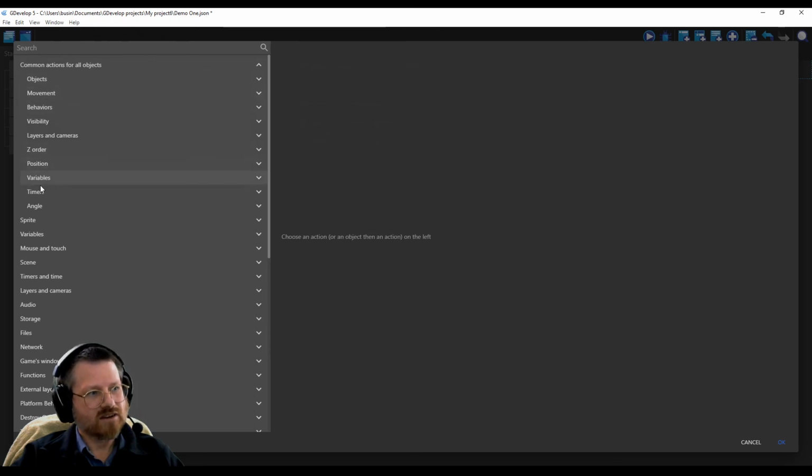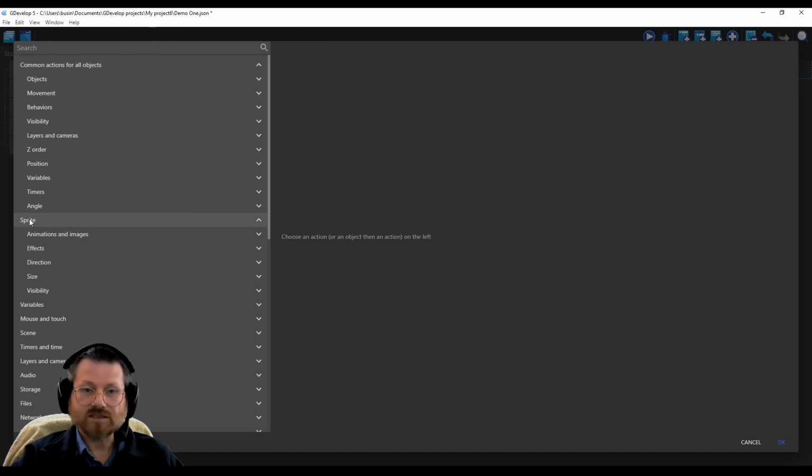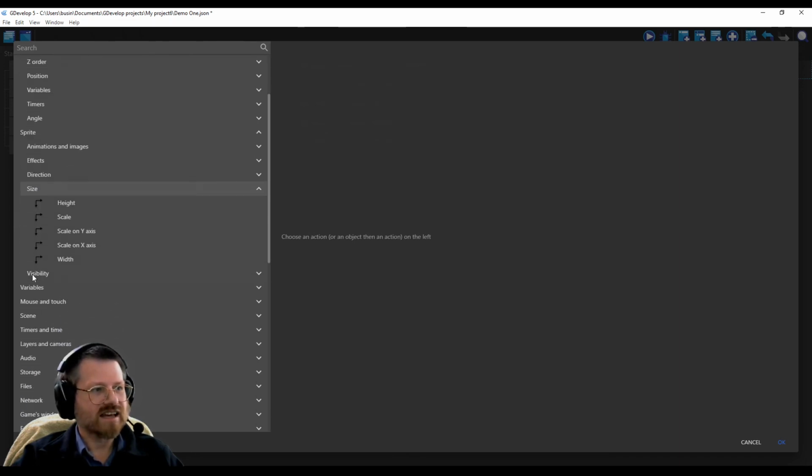But notice that even though it's an object, what I'm trying to change is not here, because what I'm really trying to change is the size of the object. And that's actually a visual thing. So if I go to the next category down here called Sprite, sprites are the visual representation of an object. And if you look, there's size. So if I click on size,